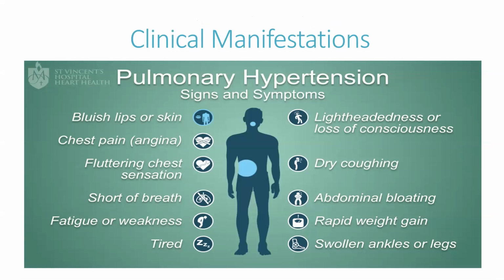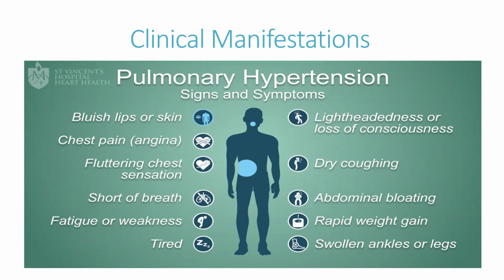What does our patient look like, what are the clinical manifestations with pulmonary hypertension? Signs and symptoms are listed right here for you. Dyspnea. Know this. Dyspnea is the main symptom of pulmonary hypertension. It occurs first with exertion and then eventually when these folks are resting. Remember we talked about previously the number of pillows it takes to raise the body up to be able to rest. So going clockwise,